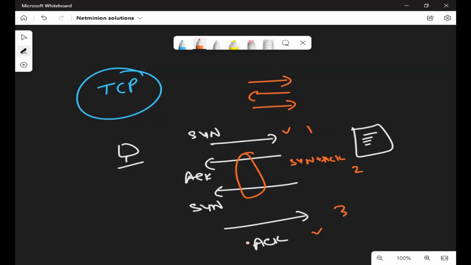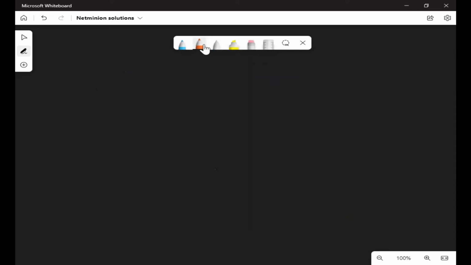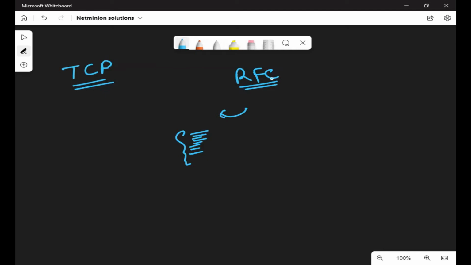I hope you are aware of RFC. Yes or no? Be interactive, please. No, sir. No? Okay. RFC is something that whenever any team is creating a protocol, they need to publish some kind of white paper. It is named Request for Comments.